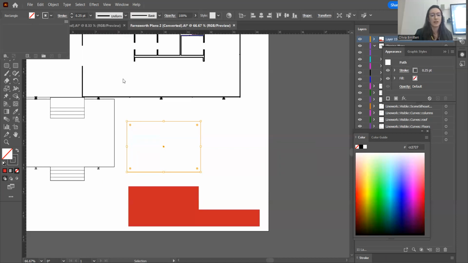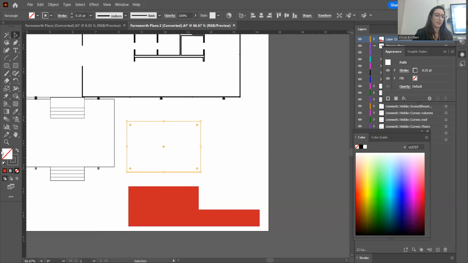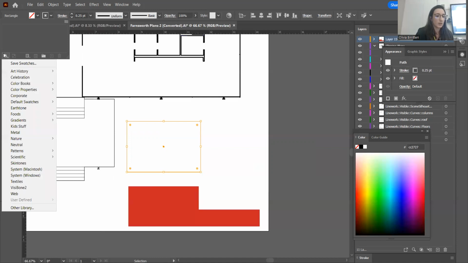Okay, I remember now. You not only have the fill options here to the bottom left of your screen, but you also have several fill options at the top here. If you select this drop-down menu, you'll see there's a libraries menu, and by going to that libraries menu, there's a bunch of swatches that you can use. Let's go to patterns and basic graphics, and let's open our